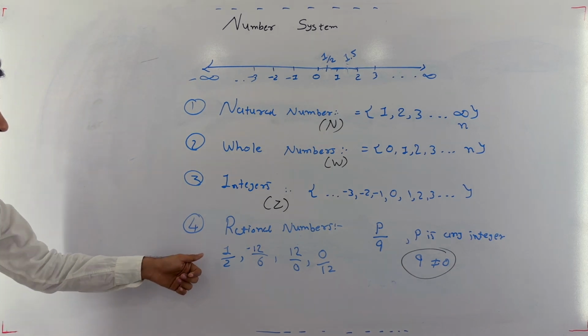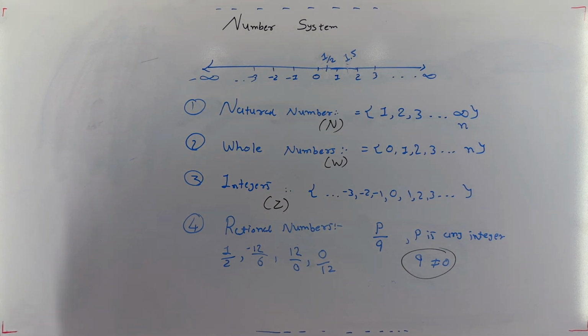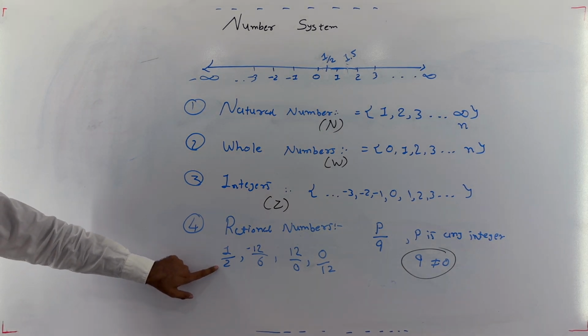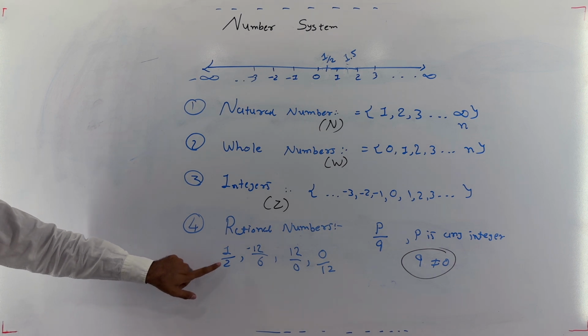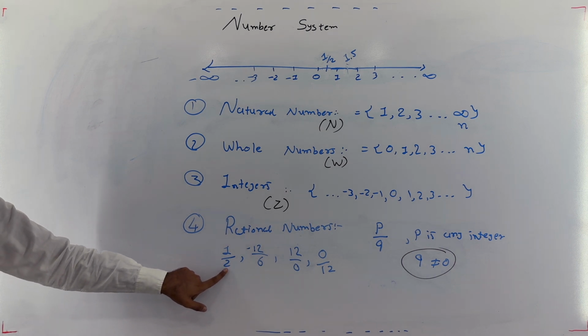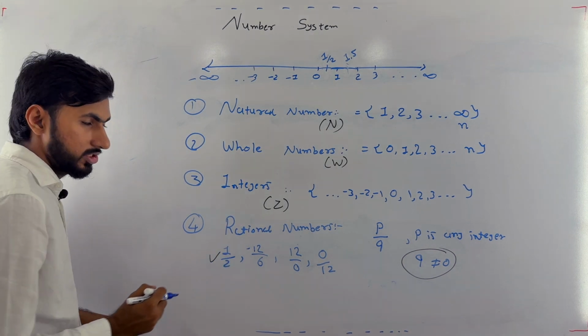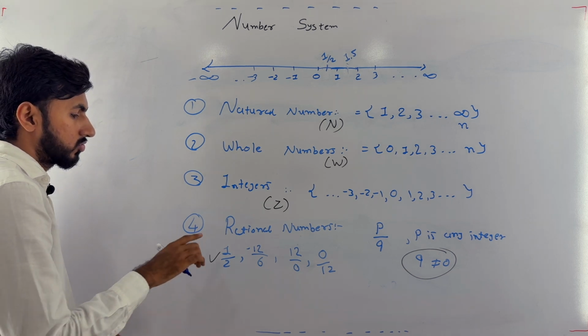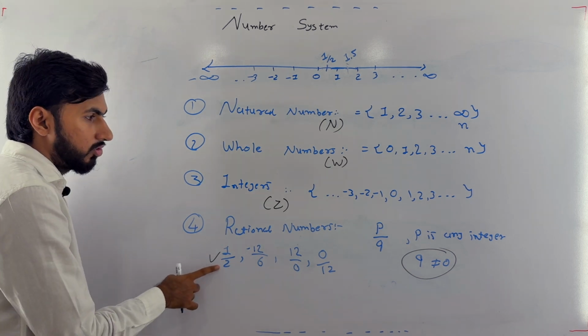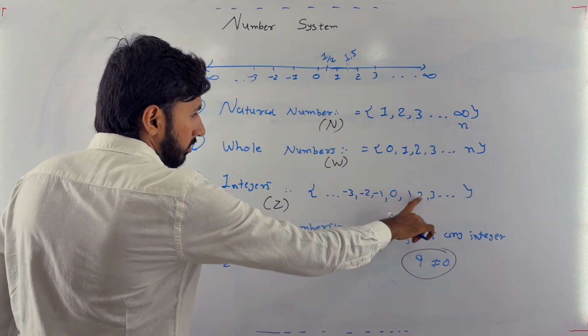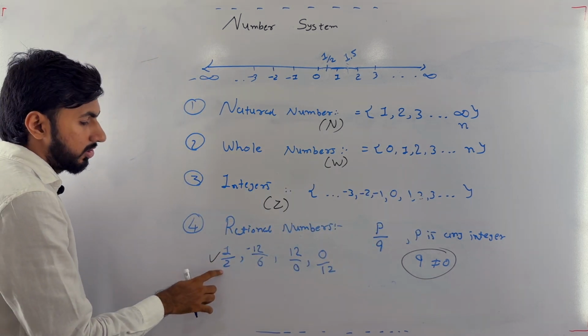Okay, now see, here is 1 by 2. Is it in the form of numerator and denominator? Yes. Does the denominator contain 0? No. Here is a 2, so yes, it is a rational number. We have to just show that the numerator and denominator are integers, but the denominator should not